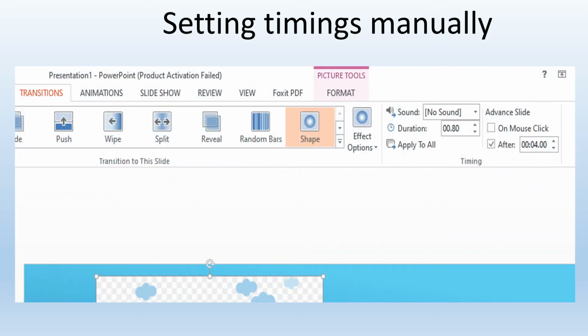In the transition tab, once you put the transition and once you click the relevant object, you will see this contextual tab, a purple color tab. Then there you can untick the mouse click box and then tick the after box, then you can select a time duration there.